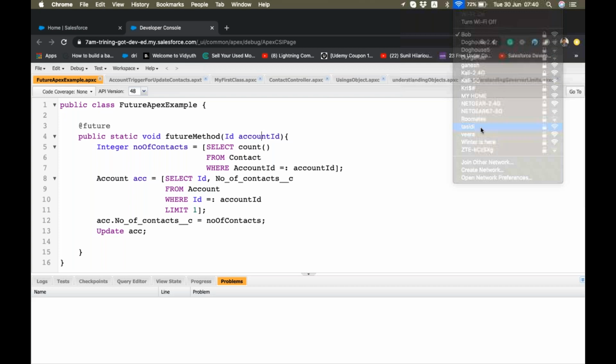Yesterday we saw how to execute this. We executed from this anonymous window, right?